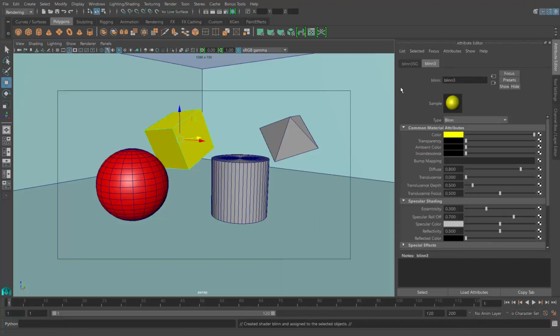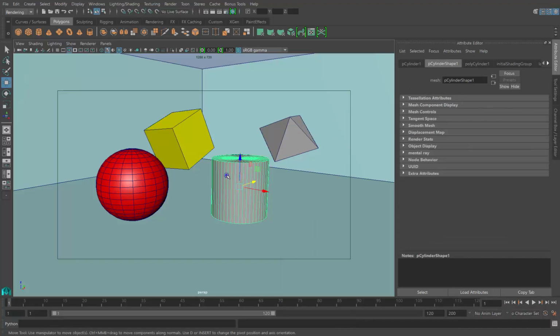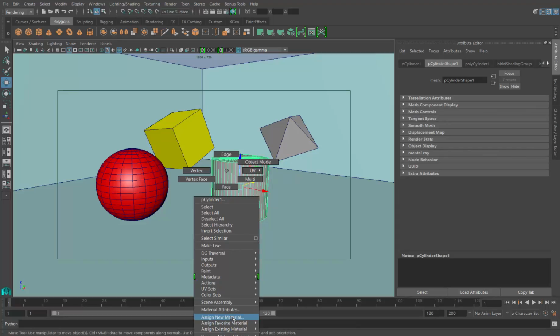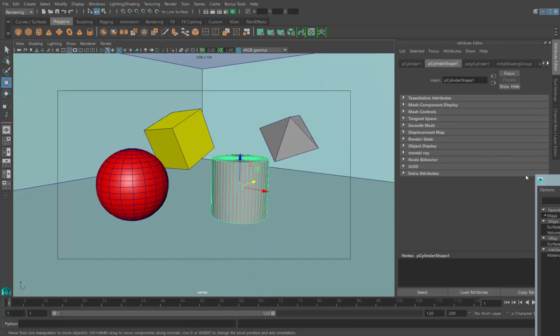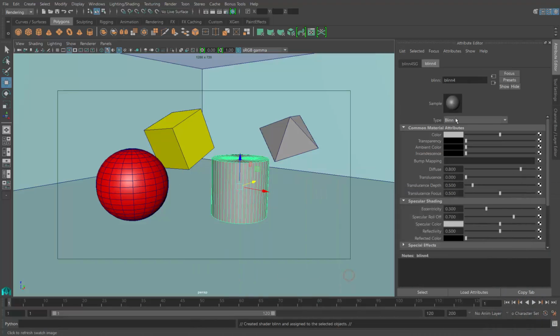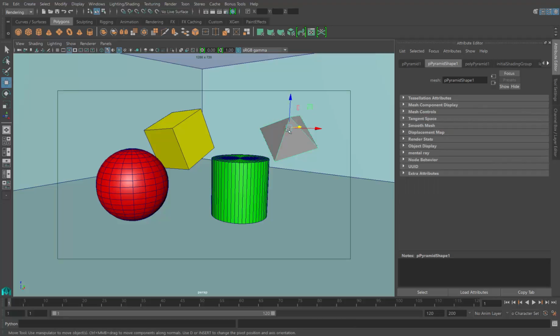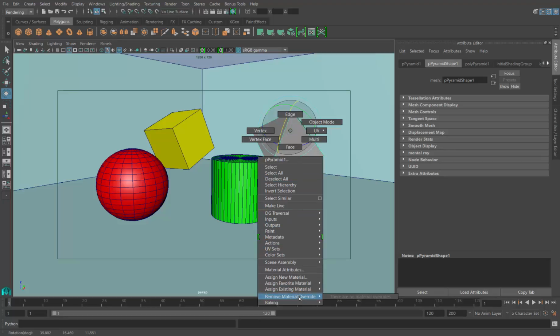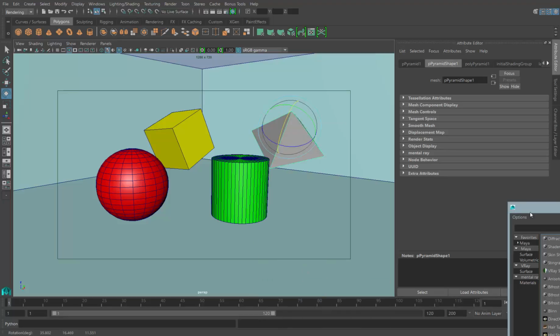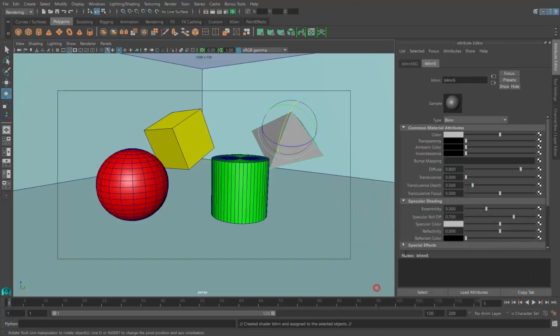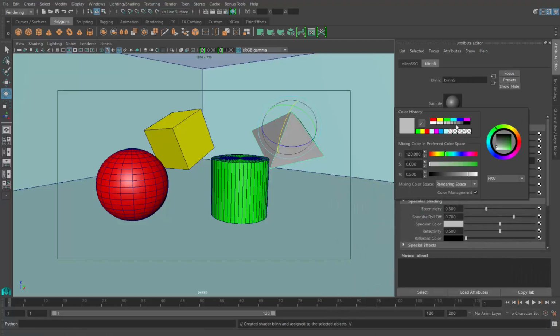Yellow. With the cylinder, assign new material, Blinn. Let's do this green. And finally, for the pyramid that I actually want to size up a little bit and turn slightly, let's assign a new material, Blinn yet again, and this time